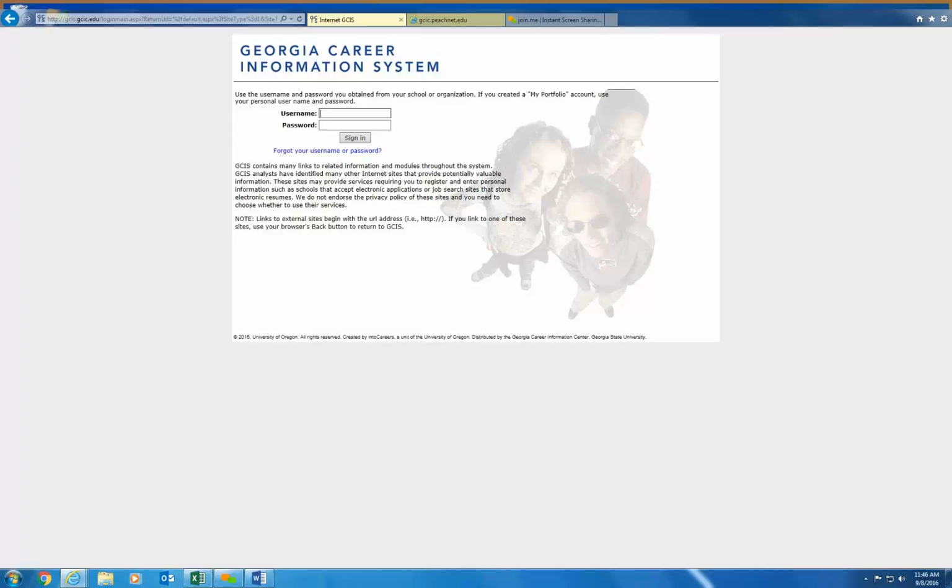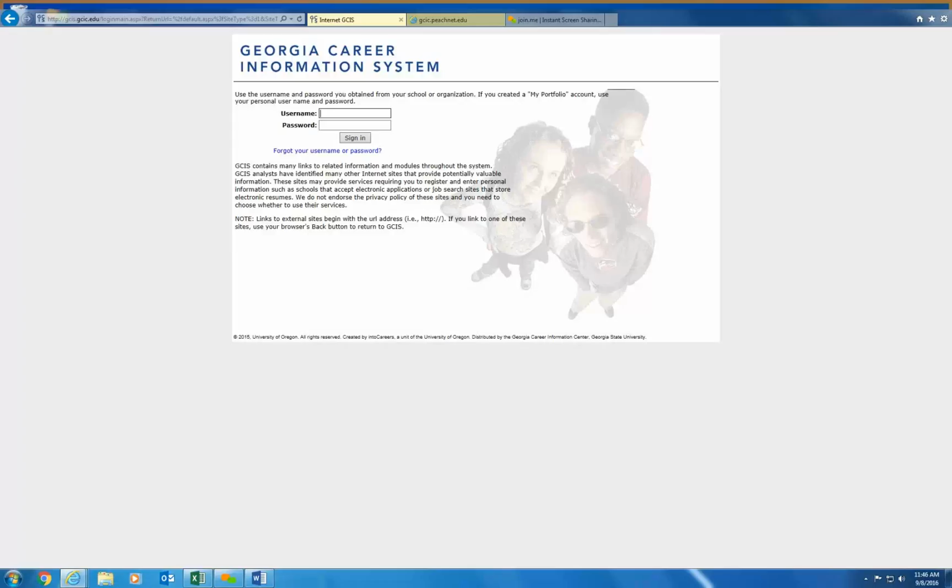So mom and dad can contact you, mom and dad can contact the student, you can contact the student. So again, engage in that annual and ongoing career development feedback paradigm to ensure that everyone has the same information. So all very great ways to, again, leverage the GCIS platform.